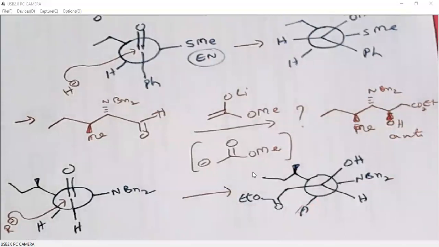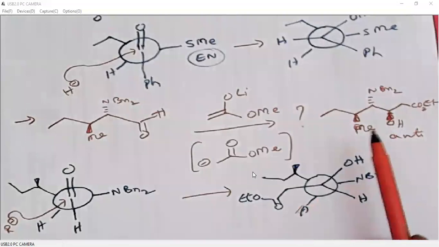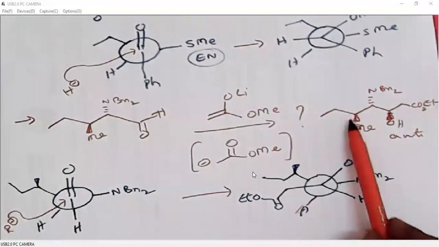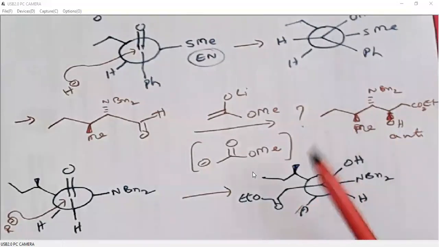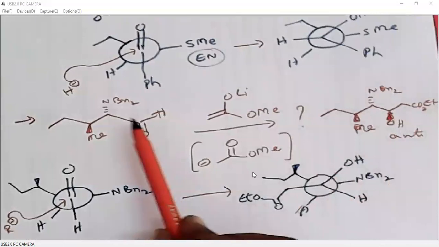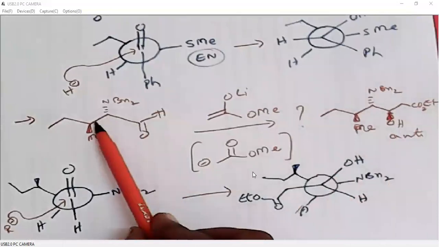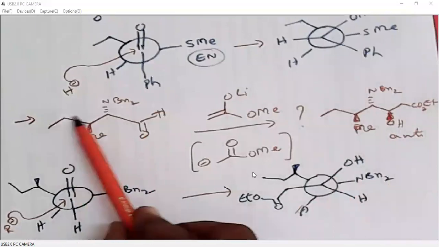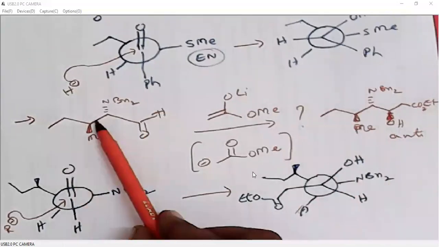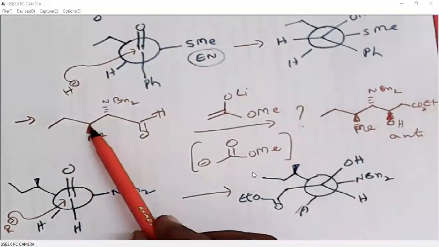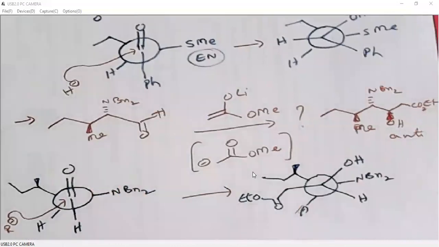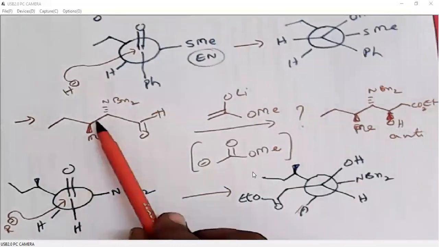So this is how we need to determine the stereochemistry around the carbonyls. Remember, you may be confused with the stereochemistry of this methyl group. We are not worried about this, right? Because this is the front carbon and this is the backside carbon. So this is just a substituent. We are not worried about the stereochemistry around this alkyl group. Take it as just an R group. We are not worried about this.